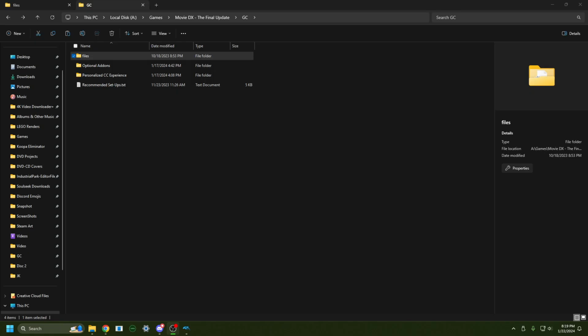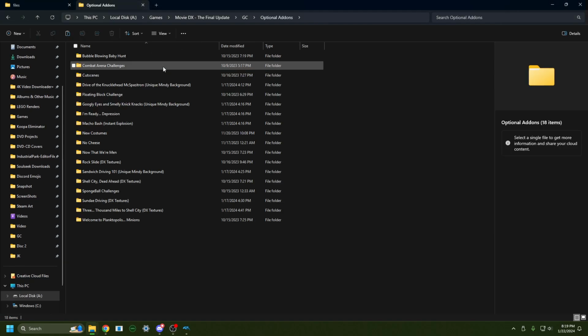Now what about those pesky add-ons? Okay, here's part of the reason why this tutorial is even being made at all. It's not really a secret, Movie Community Cut is kind of the only mod that really does this idea of optional add-ons. And as a result, it can get very confusing. However, need not worry, I am here to save the day,